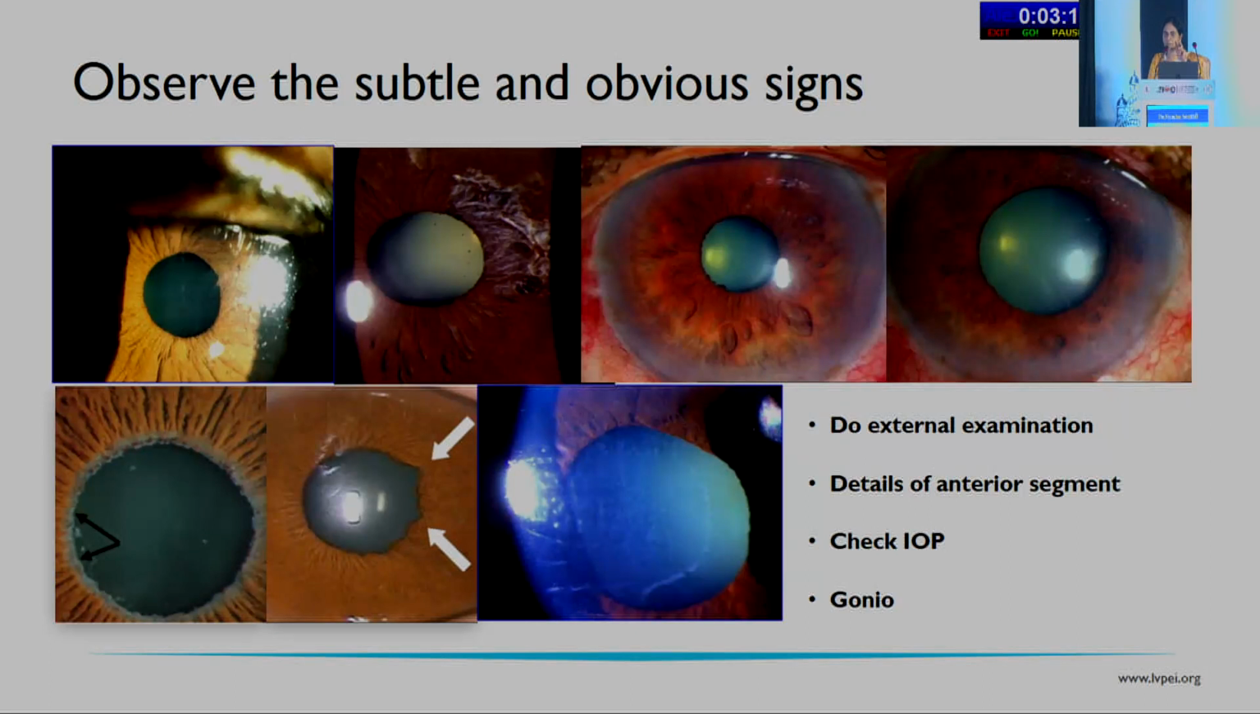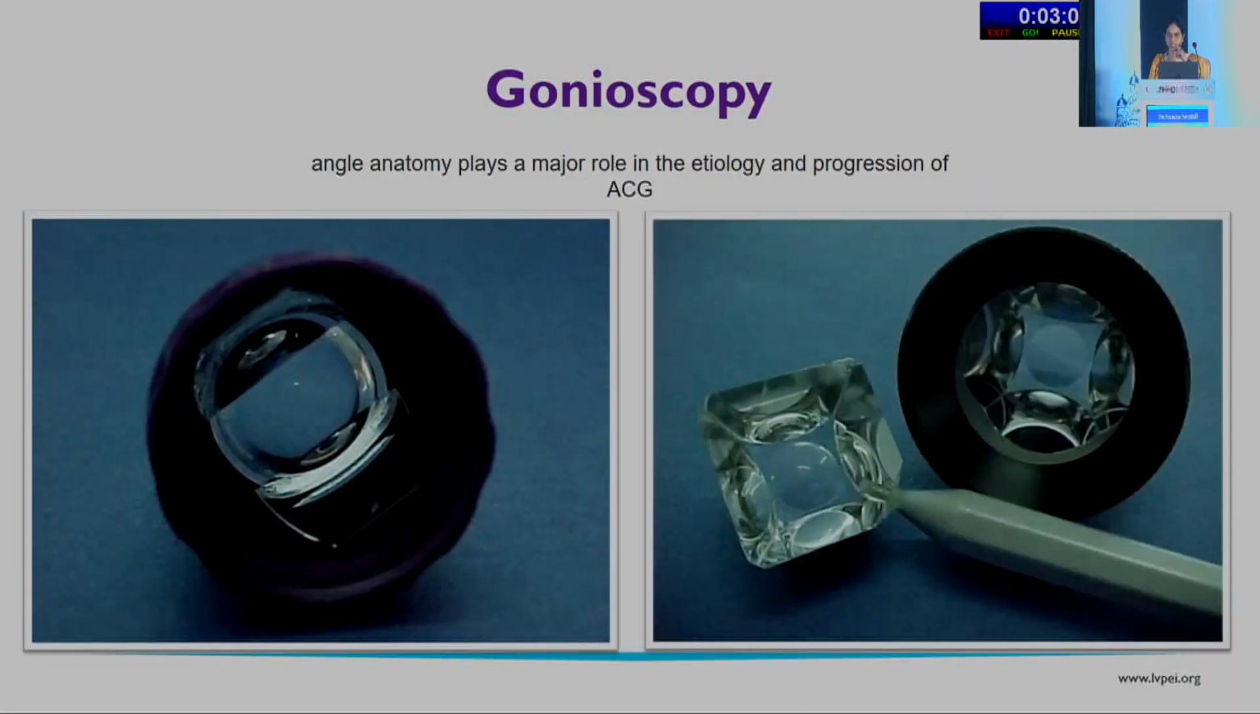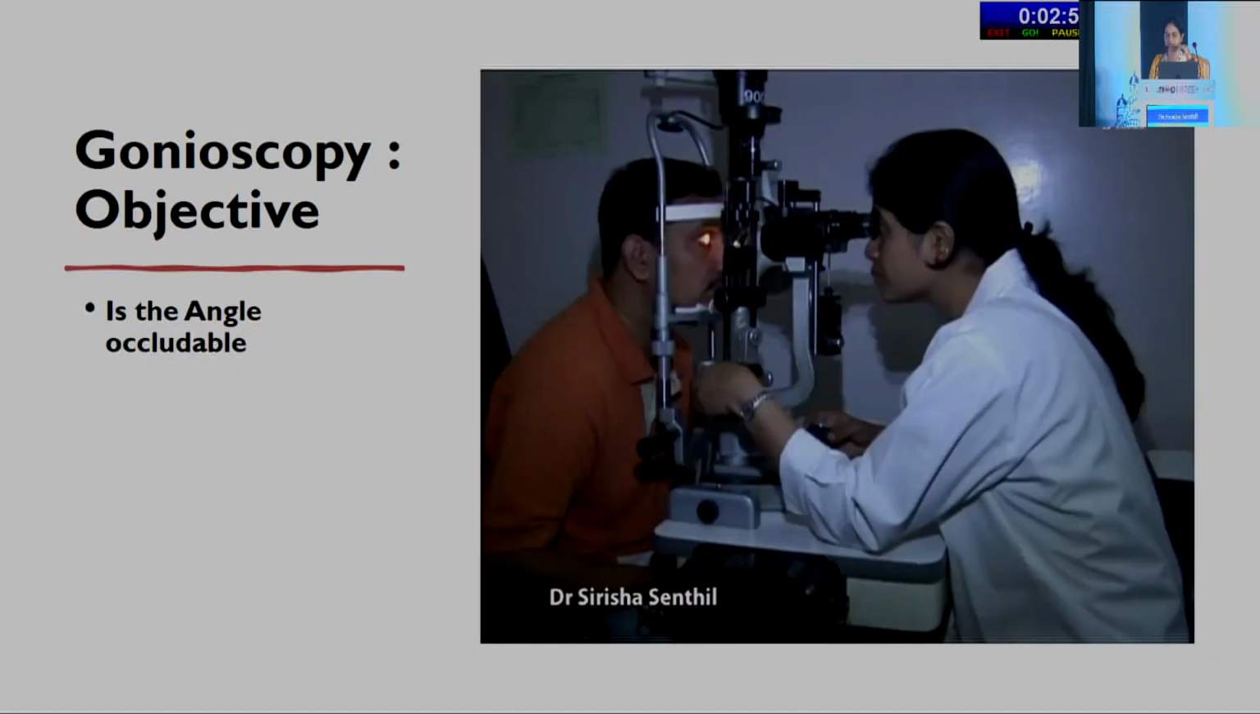And always remember to rule out secondary causes associated with these conditions as well. Gonioscopy is most critical, all of us know. For you to know whether there is angle closure or not, it is very critical. Also to understand whether this is occludable, whether there are synechiae and all of these, I think gonioscopy is very